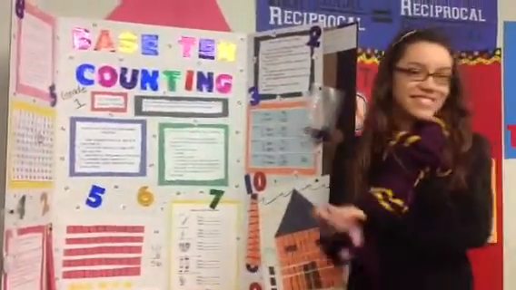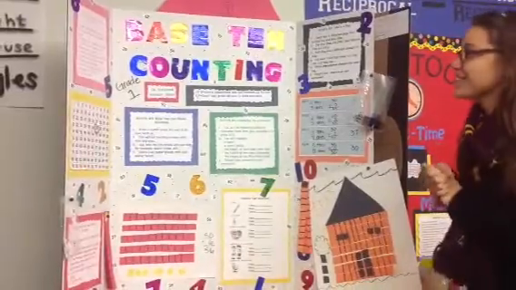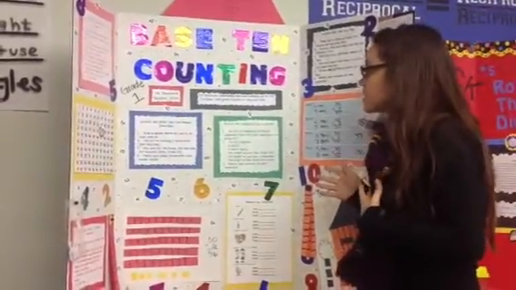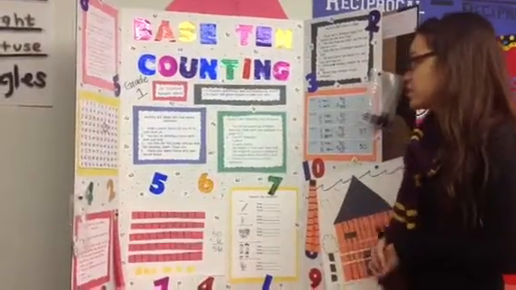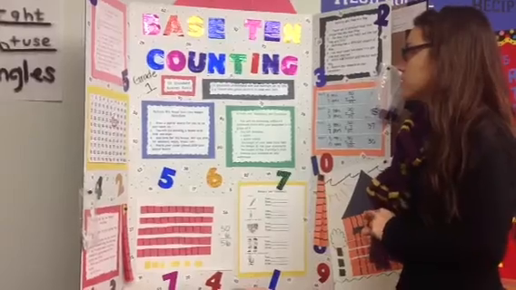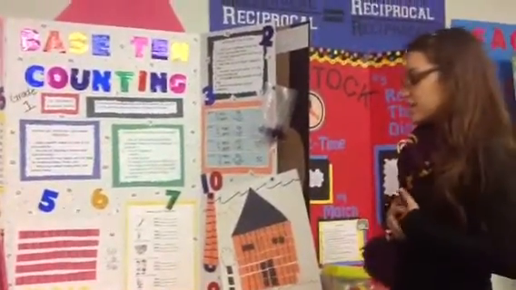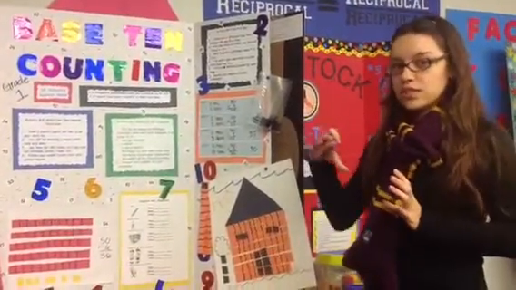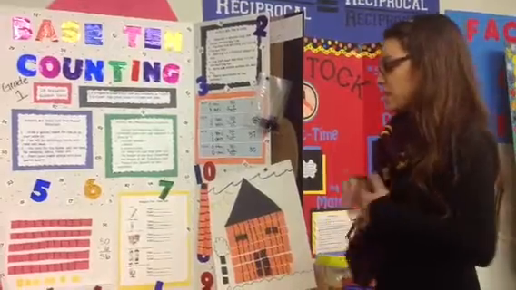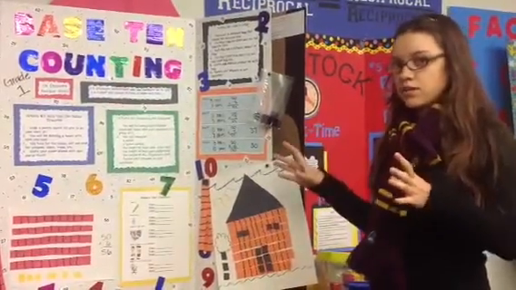Okay. Hi everybody. I did my learning center on base 10 counting, and my standard is students understand and use numbers up to 100, and they count and group objects in ones and tens, so base 10. By each activity, I would have a list of the students' names, and after they completed each activity and I've checked it, or my helper has checked it, they would check their name off,